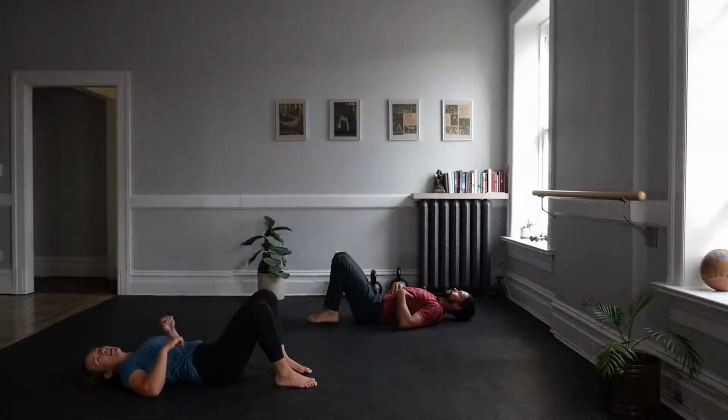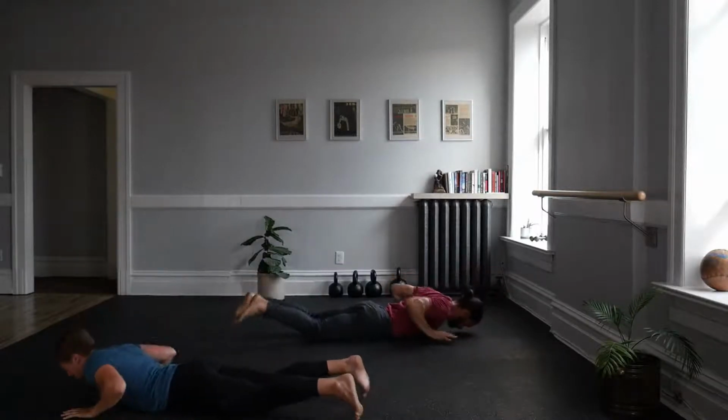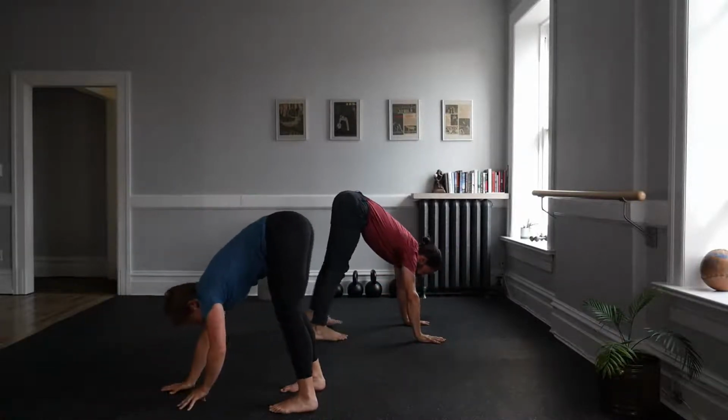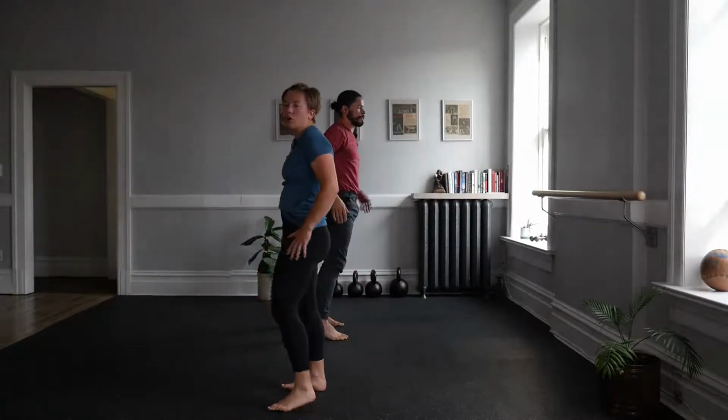Okay, I think it's time we can actually stand up. All right. So let's flip over, do a push-up, and one last down dog hinge. Get those hamstrings all ready as we slowly make your way to tall. Nice. Whew. Whether we call this a single leg deadlift or a little bit of baby air, let's play with